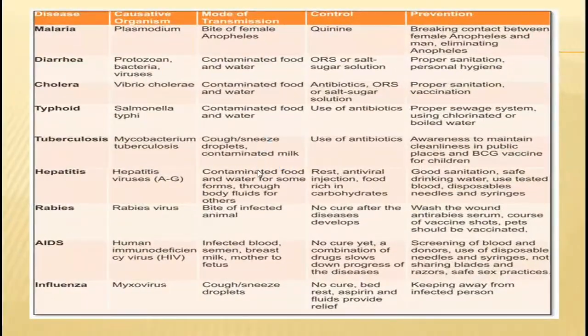Here you have to see one chart, and in that chart there are different types of diseases and different types of causes by organisms, mode of transmission, controls, and different types of precautions. Suppose you take rabies, then the rabies virus, then the bite of the infected animal. Then no cause is known after the disease develops. Then you have to give their control there. Then wash the wounds where the animal bit. Then you have to wash that particular place. Then antibodies form, so take vaccines. Then give cleanliness.